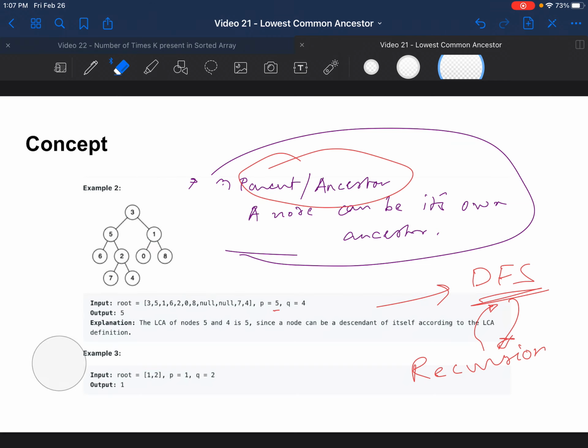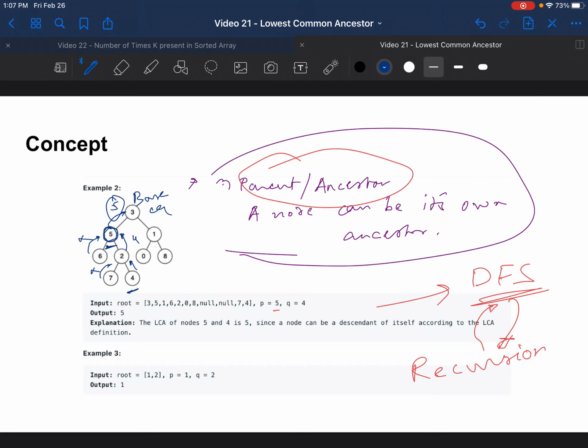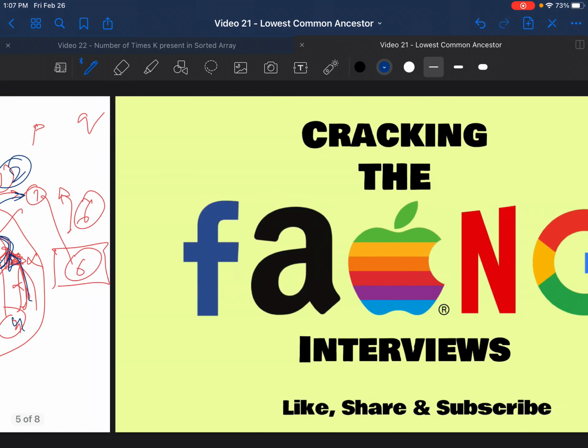And there could also be a case which we saw in the earlier example. I wanna solve this one again so that the idea is clear. Where you're looking for 5 and 4. So this is gonna return none. This is gonna return 4. 2 is gonna return 4. This is gonna return none. And what's gonna happen is, now you've found the value here, right? At this point, it's simply gonna return 5, which was our base case.